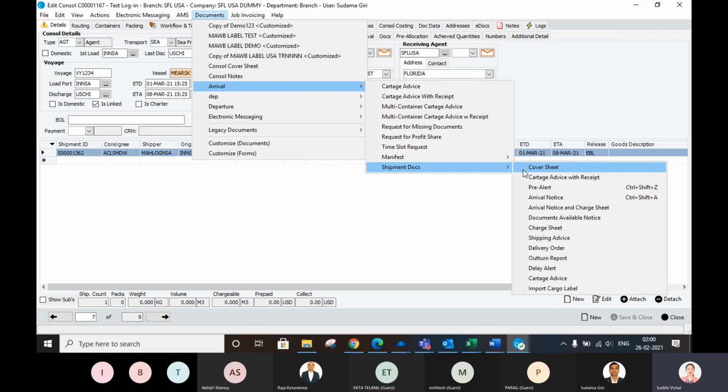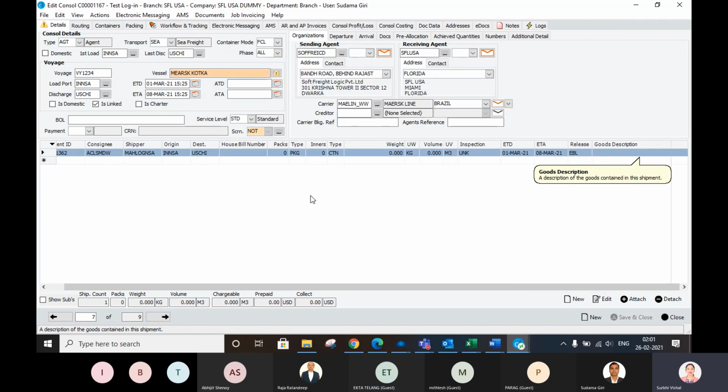For export, if it's there, then pre-alert. Additional pre-alert. Ekta, you receive the pre-alert from your agent at the origin, isn't it? Yes. So Sudama, close this. As we have told, go to the e-docs.